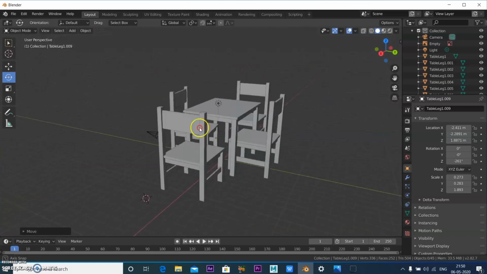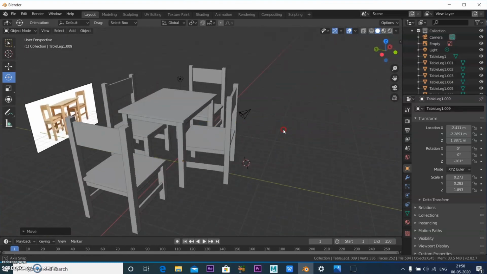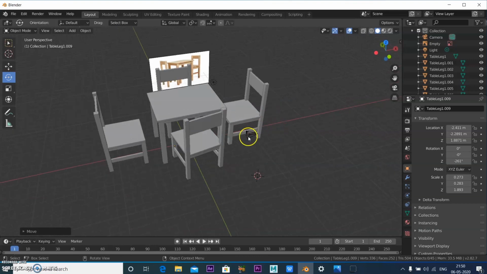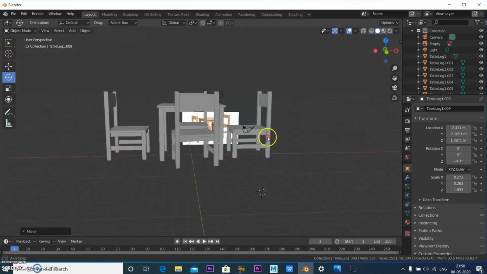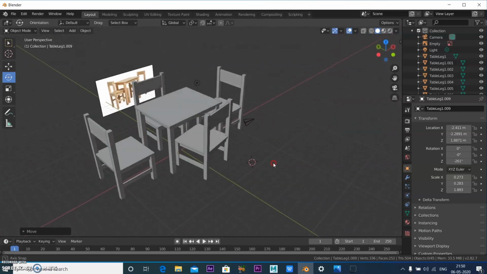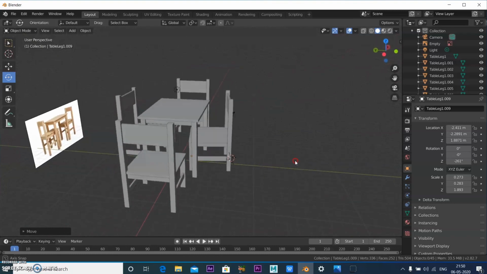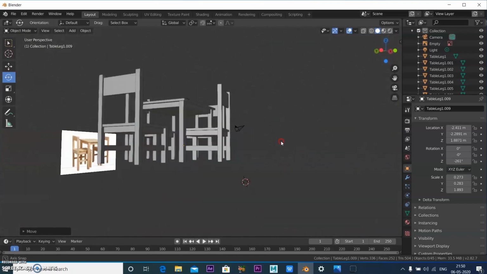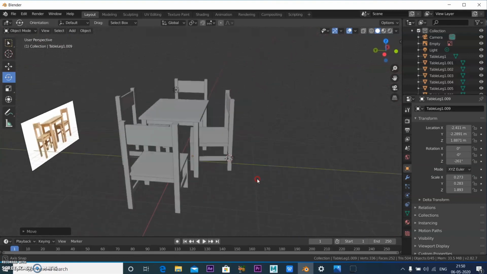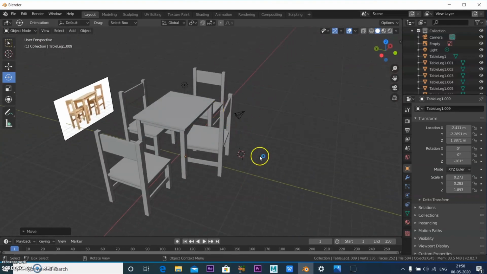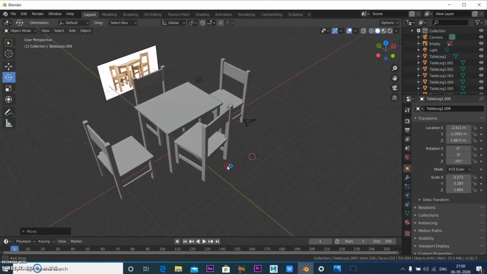Okay, you only take the primitive objects and start working with them. You have to understand the shapes and forms, and once you are okay with that, this is how we do the blocking in any movie or production. First we do the blocking, then we start adding the detailing. This is the blocking stage. If you want to bend this chair and so on, that comes under the detailing part of the model.